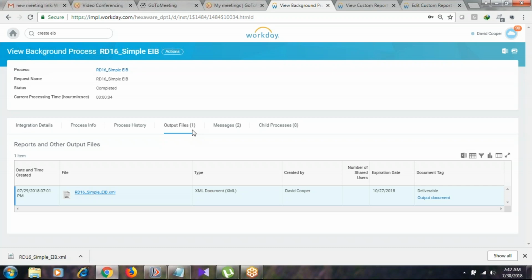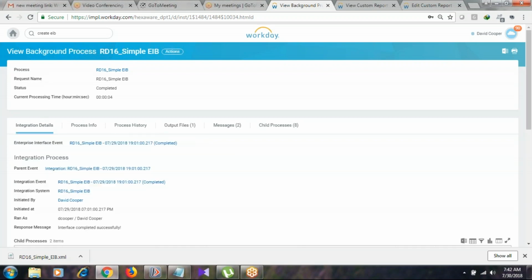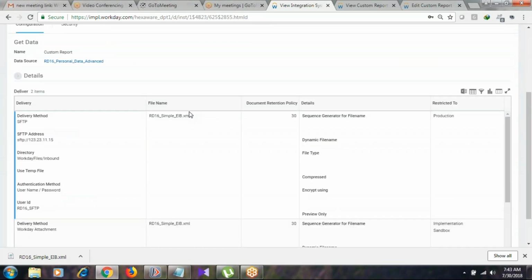So for delivery to any third-party or downstream system, we don't need any special tools or software. The integration itself will connect to the third-party system and deliver the file, as a fourth step. That is what we configured: one is the get data section, second is the transformation, and the final one is document delivery here. We don't need to configure anything in the general data section.